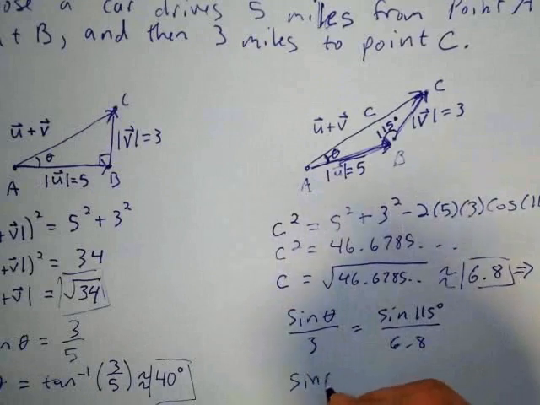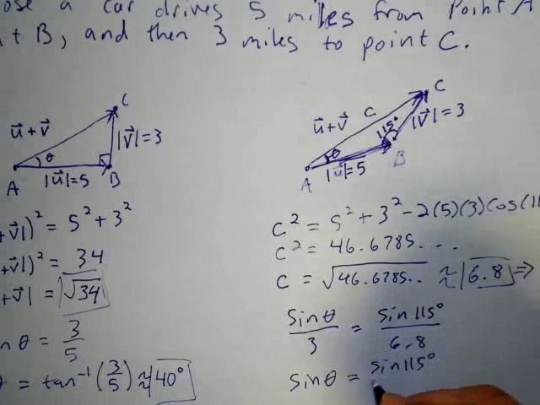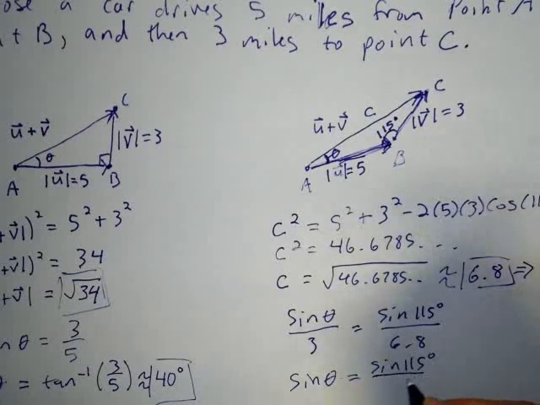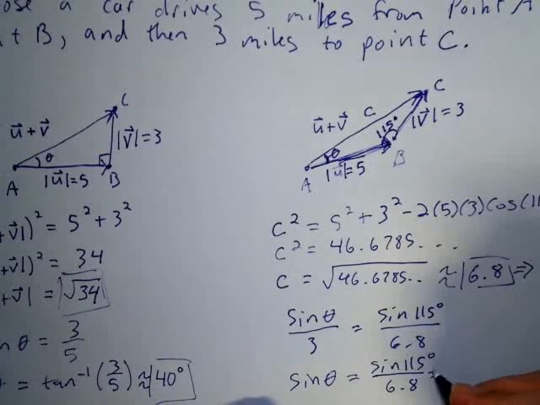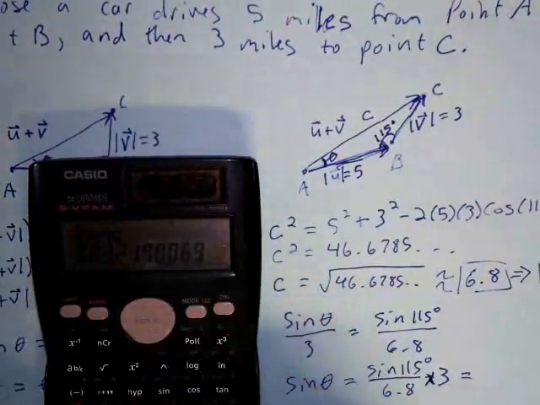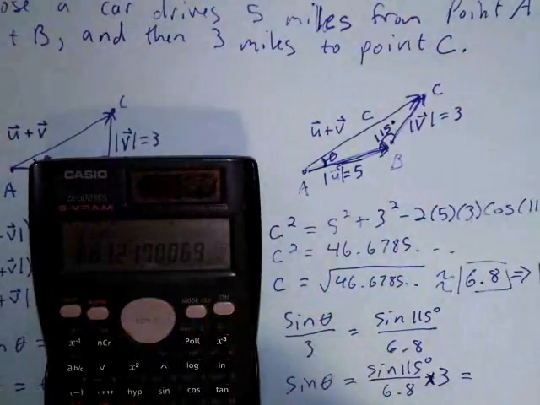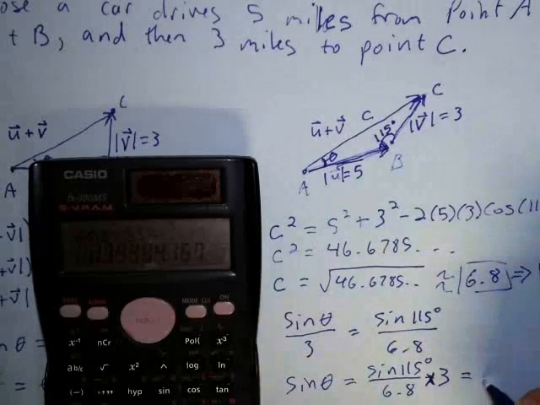So I get the sine of theta is equal to sine of 115 degrees over 6.8, times 3. Oops, sorry, times 3. And this is going to be sine of 115 divided by 6.8 times 3, and so I get